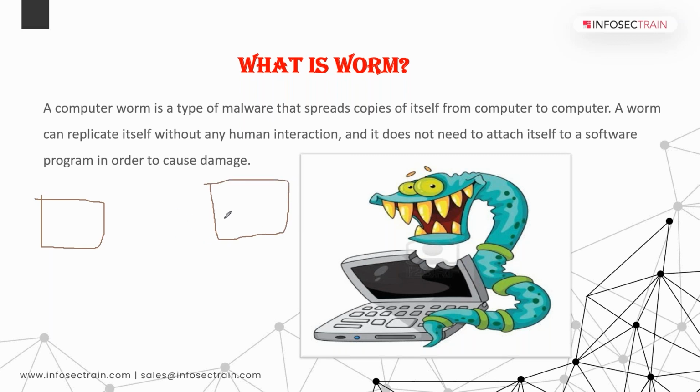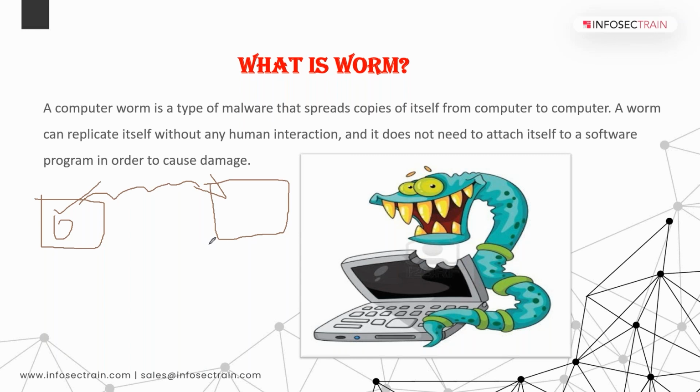Before talking about the worm, let's discuss the virus. If this system is infected with a virus, when you click on that virus link, it will propagate, or replicate, within the system. But if the system is infected with a worm, it will automatically transfer to the systems in the network. So a virus is a program that replicates and spreads from file to file in the system. It may be programmed to erase data inside the system.